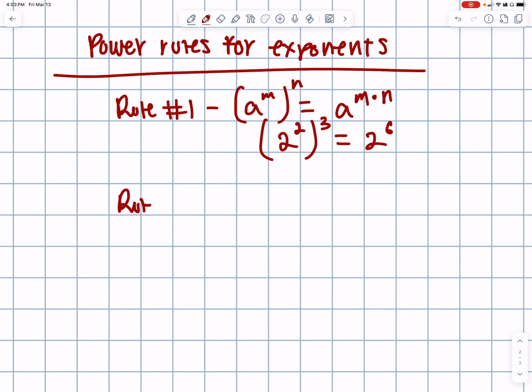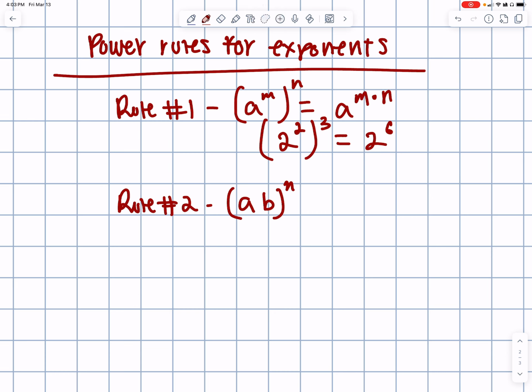For rule number 2, when there are several bases inside a parentheses with an exponent on the outside of it,